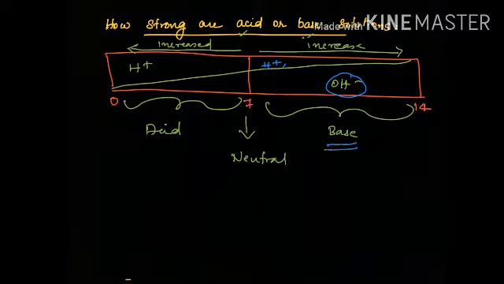Now you look at the acidic solution. This graph represents the OH minus ions, right? Here also OH minus ions are there, but the amount of OH minus ions is very less for the acidic solution, but the H plus ions are more. So keep in mind that if it is an acid or a base, it will contain both H plus and OH minus ions. Acids contain more H plus ions, but still contain some amount of OH minus ions also.